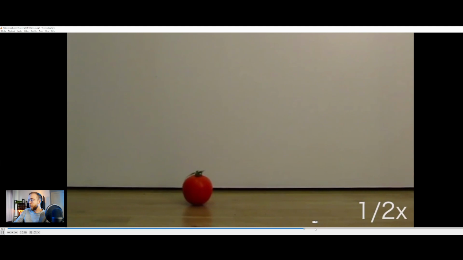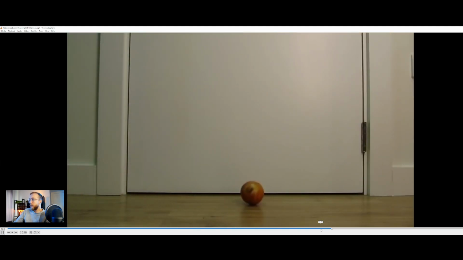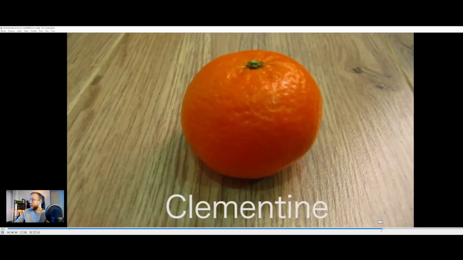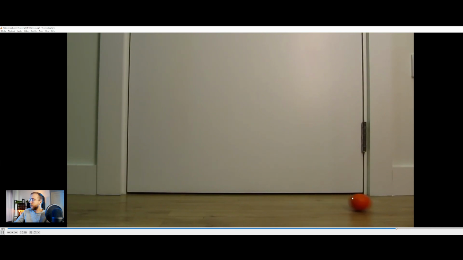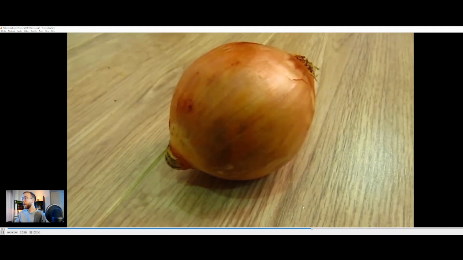I like it. Not a lot of bounces here. Onion. A little bit more bounces. And then this one. I just didn't like this abrupt stop. It won't fit our 3D ball. Okay, so this one is a polymer ball. Lot of bouncing. Okay, so I've picked an onion,